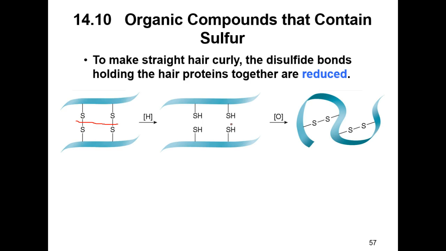Then what they do is they crinkle your hair, or they put in curlers or whatever. Then they add an oxidizing agent, which stinks really bad. And the oxidizing agent then starts reconnecting these sulfurs, but they don't reconnect how they originally were. It starts connecting them within the hair strands, and it causes them to actually all kink. And that's kind of how you have a perm.